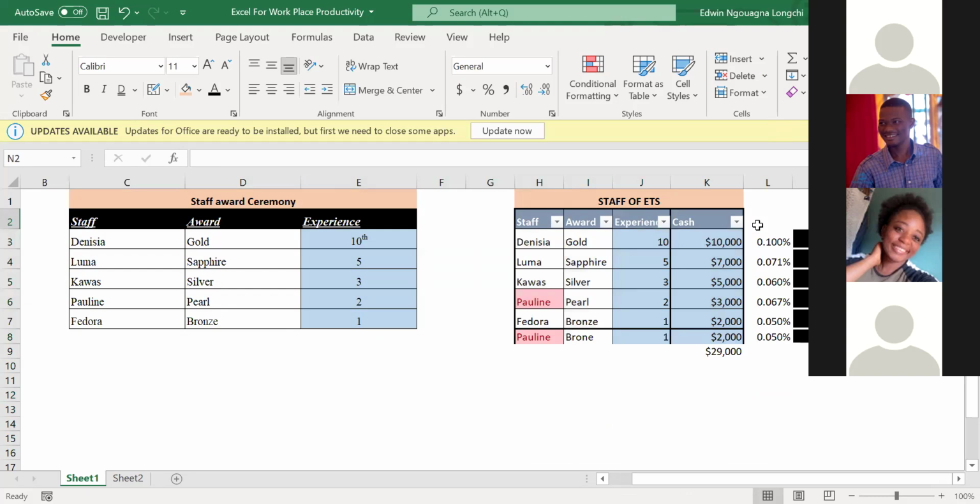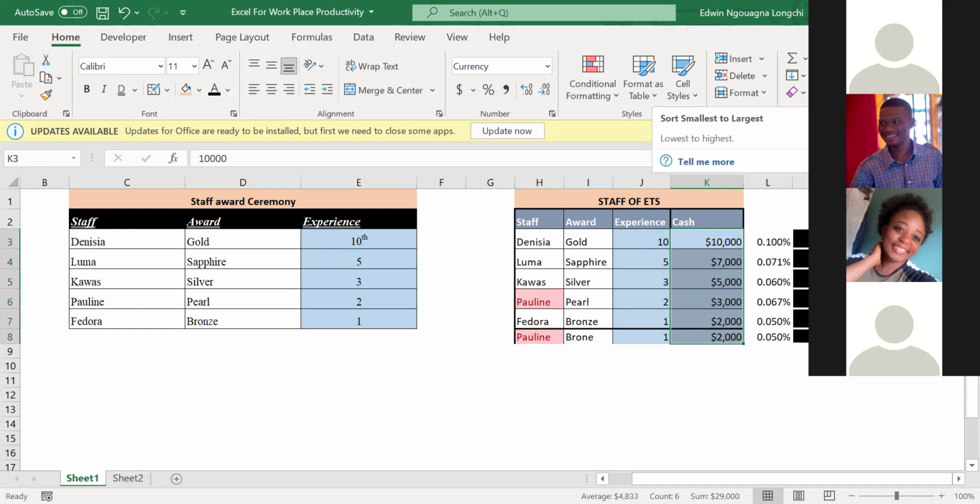Same thing. Then if you want to sort, it's already in descending order. Maybe you want to sort this in ascending order. So I'll highlight this, but I'll not highlight this total, even though it might disturb us. So let's get rid of it for now. I highlight this and then I come to Sort. Sort smallest to largest, that's ascending order also.